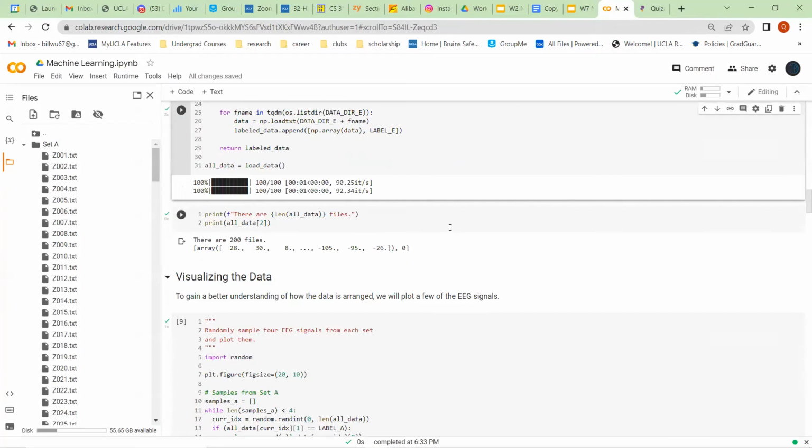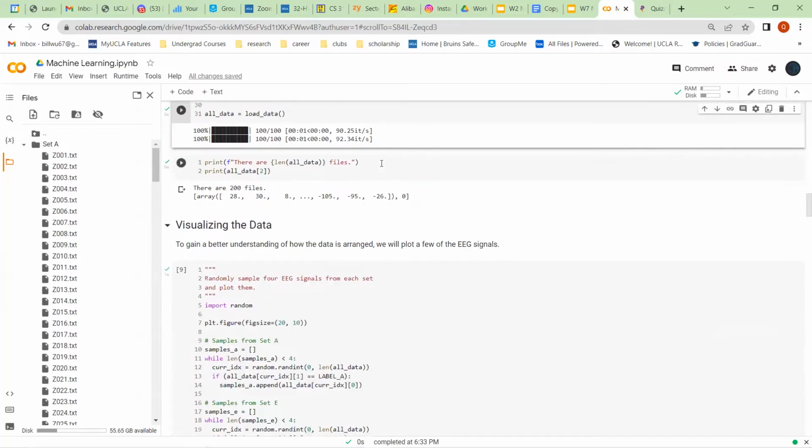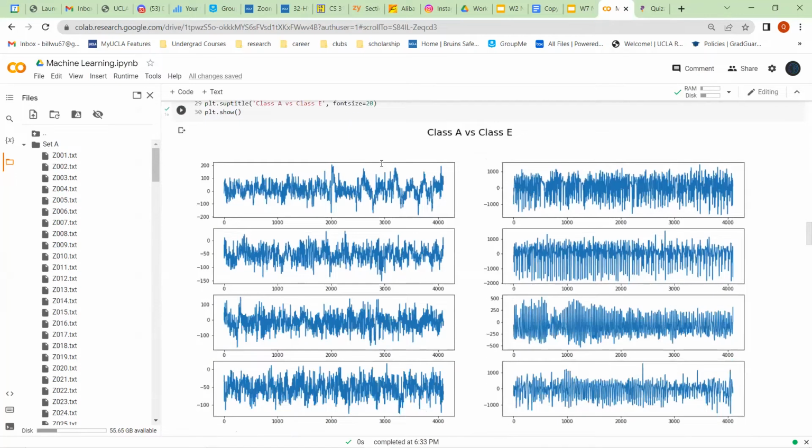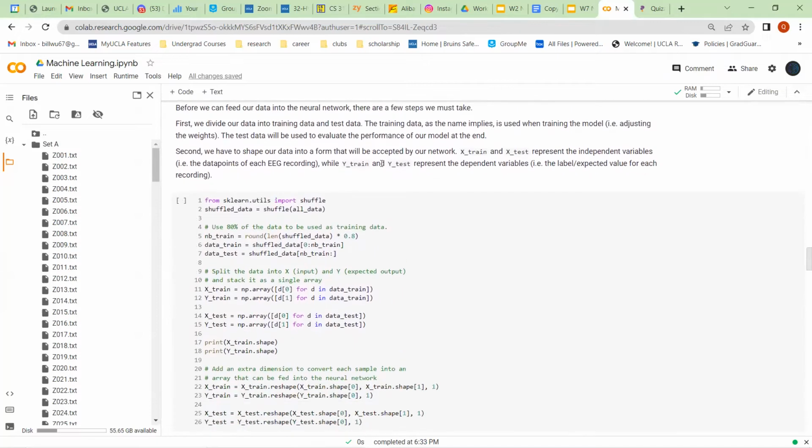So hello, everyone. Bill gave a pretty good presentation about what the data is and how we can visualize it. Now what we're going to do is prepare the data for analysis with our neural network. Whenever you're creating a neural network, you will always have technically 3 sets of data: training data, validation data, and test data.